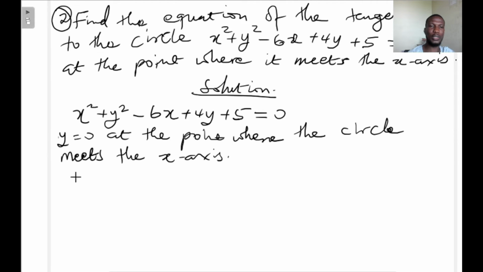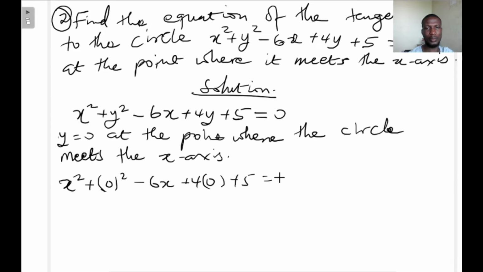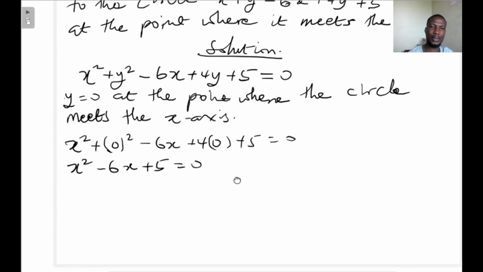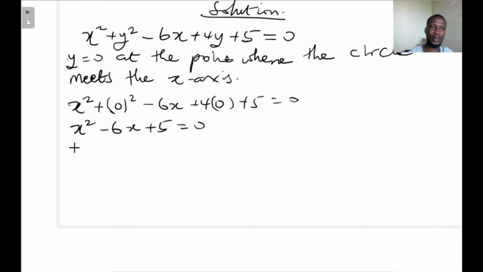We are just going to substitute that into this equation to find the x values there too, and this will give us x squared minus 6x plus 5 equals 0. Solving this, we are going to have